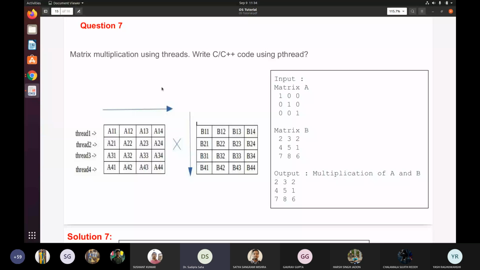So one more related issue I would like to explain again: in every issue in computer science there are two aspects. The first aspect is that you try to behave like a user, so try to exploit the facility. The second aspect is that you try to develop the facility. The same applies nicely to threading also. Thread is a facility first of all. You provide the facility of threading so that it becomes a lightweight process.